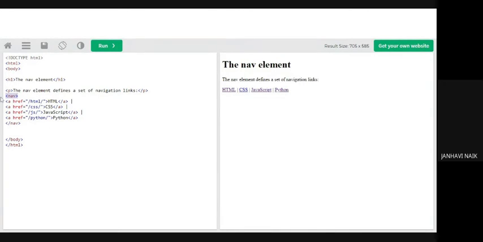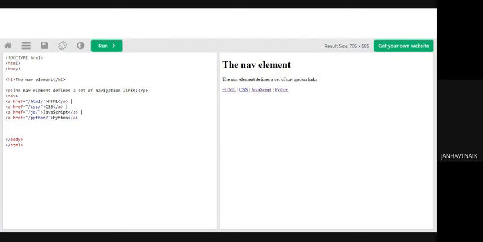Now let me see, if I remove this navigation, will it work? It is still working. So as I said, this is content specific. It is for the programmer to understand that this particular code is regarding the navigation, when navigation is provided for the specific elements.